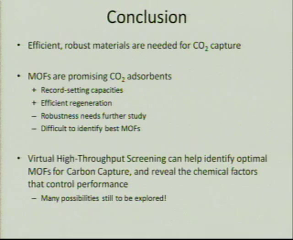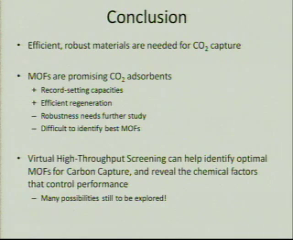Now, in conclusion, we're currently looking for an efficient, robust material that is needed for carbon capture of flue gas. And MOFs are promising carbon adsorbents. They currently set records in capacities and have efficient regeneration. However, the robustness still needs to be studied, and it's quite difficult to identify the best MOF since we still don't really understand the chemistry behind MOF and carbon dioxide attraction,